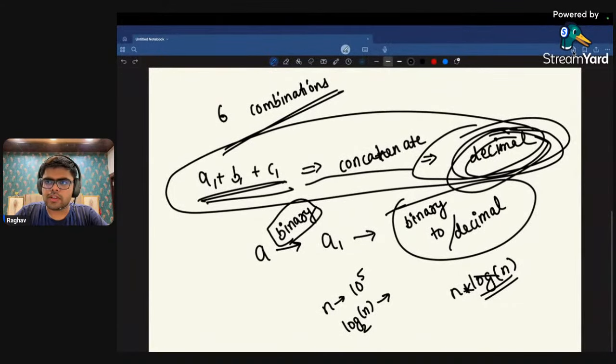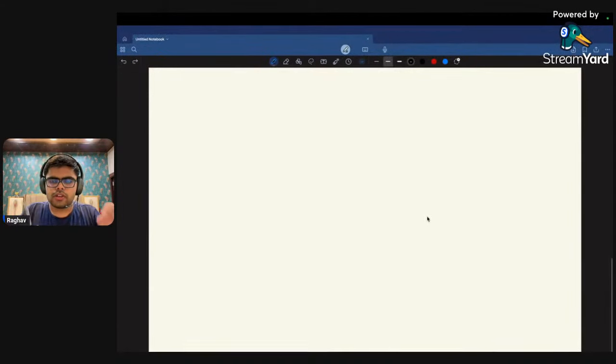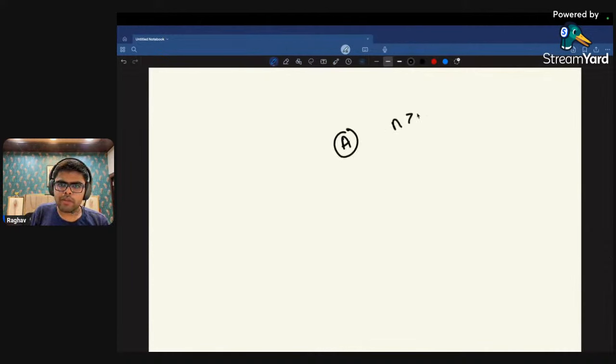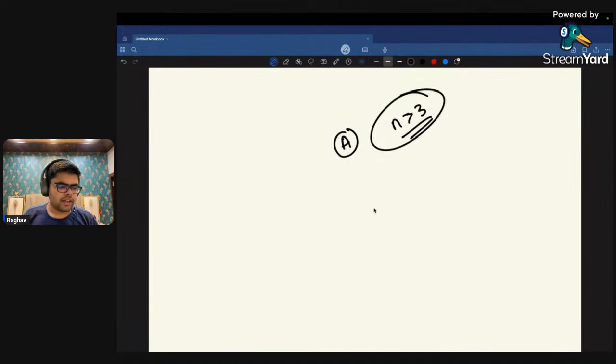Okay, let's create a new page. Somebody asked that in problem A itself, if n could have been greater than 3, then how could we solve it? And this is actually a problem already available on the internet, in which you are being given an array